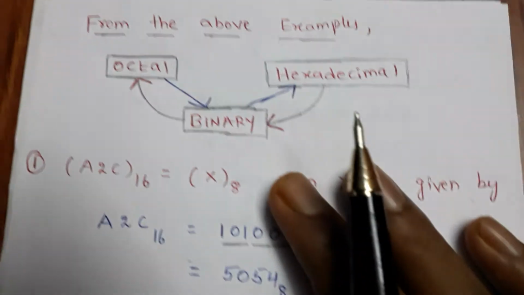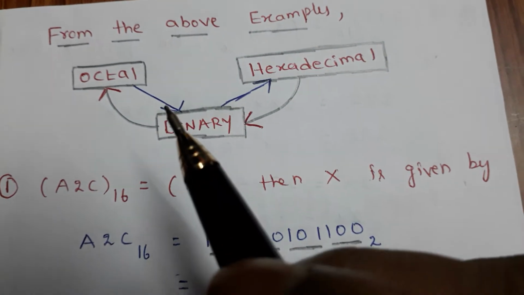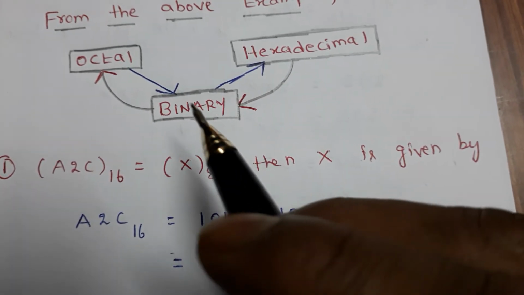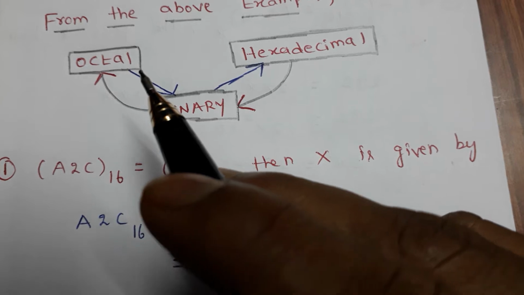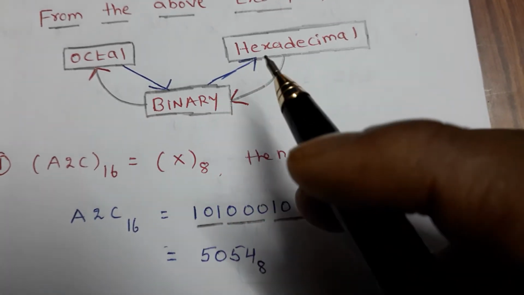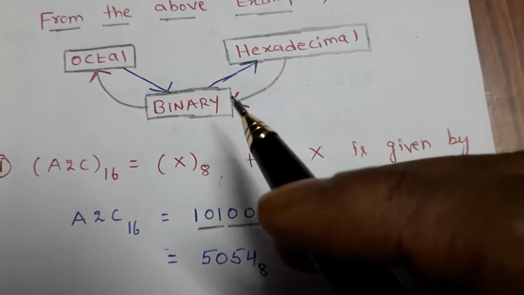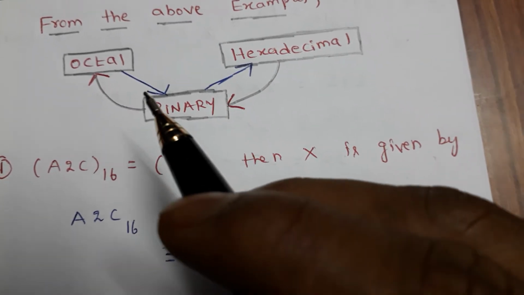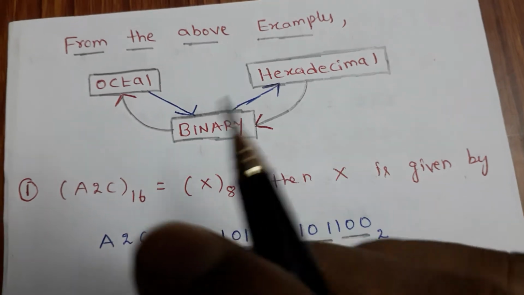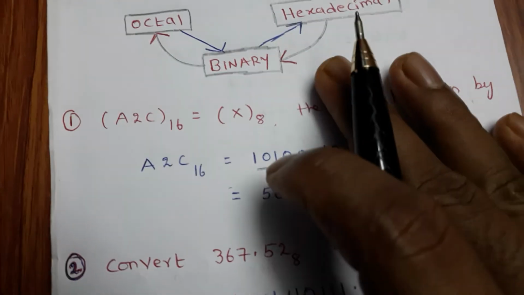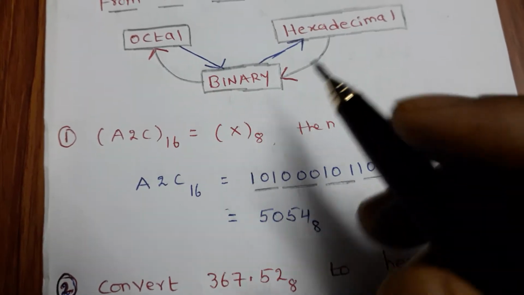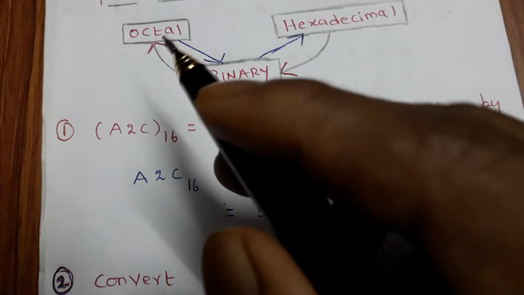By observing all these examples, we can get an idea that to convert an octal number into hexadecimal, we have a mediator, binary. That means we can easily convert octal to binary, then with the help of binary to hexadecimal. Similarly, hexadecimal to binary, and with the help of binary, we can easily convert to octal. Don't forget, we have one more method, that is using the platform of decimal. Now convert the radix 16 to 8. First of all, I am going to convert this hexadecimal to binary, then later binary to octal.